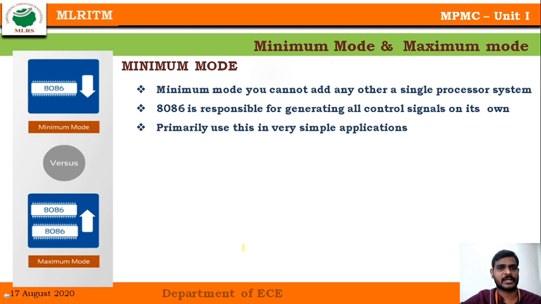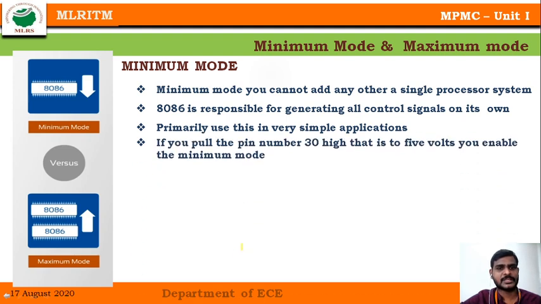The minimum mode is selected using pin number 33. Okay, it is not 30. When pin number 33 goes high, or is connected to plus 5 volts, the minimum mode becomes active. Similarly, in maximum mode,